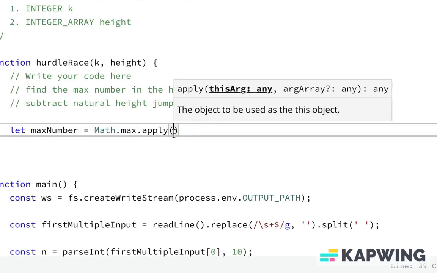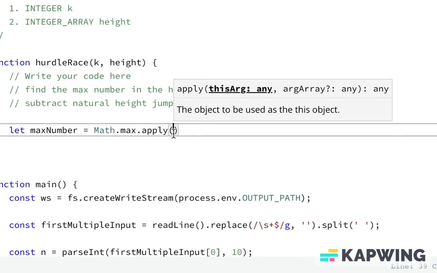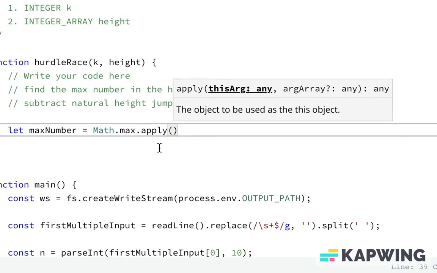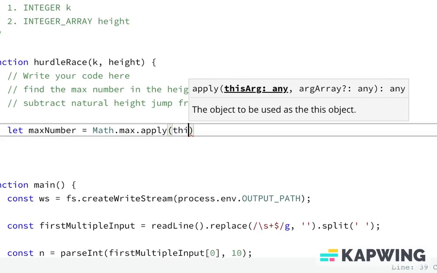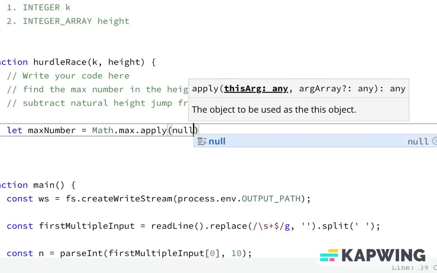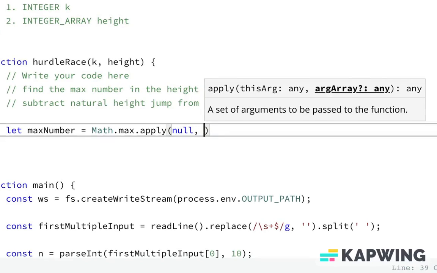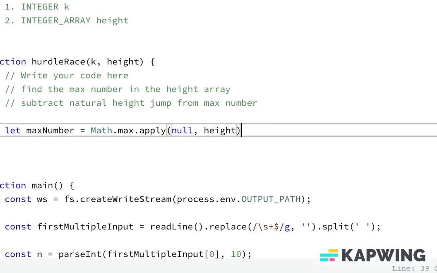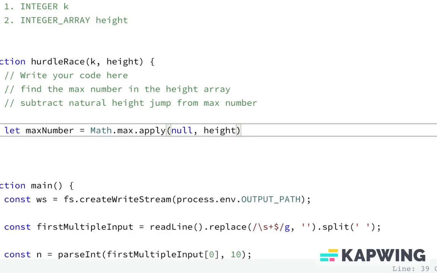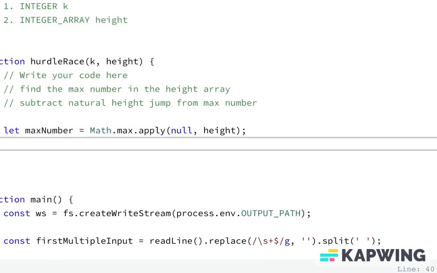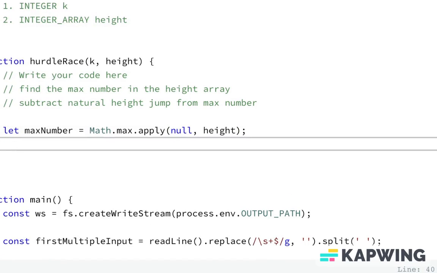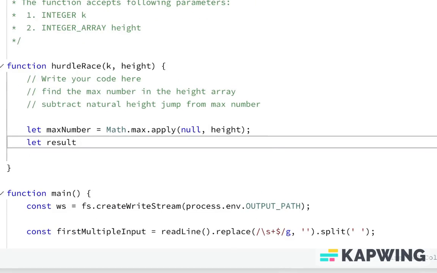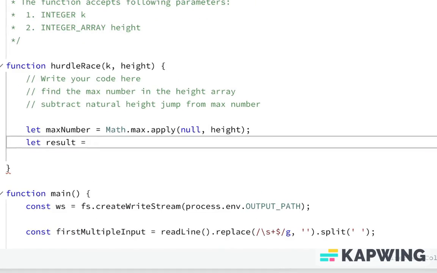But because we are not dealing with any state, this is just static, we don't need any this, so we can just make this null, and then we can pass in the array that we need to find the maximum number from. So this gives us the maximum number, and then let's say let result give us